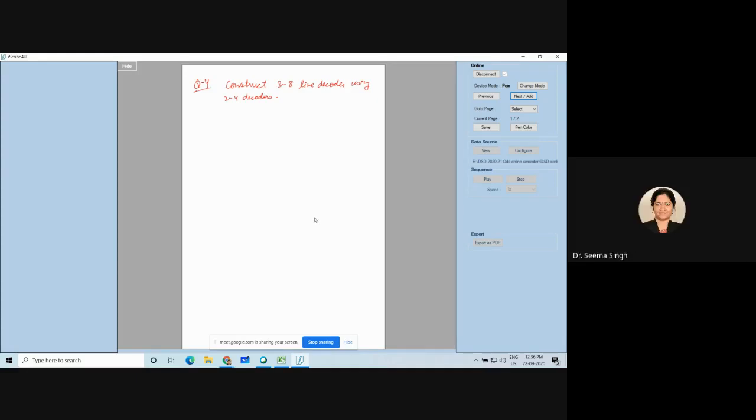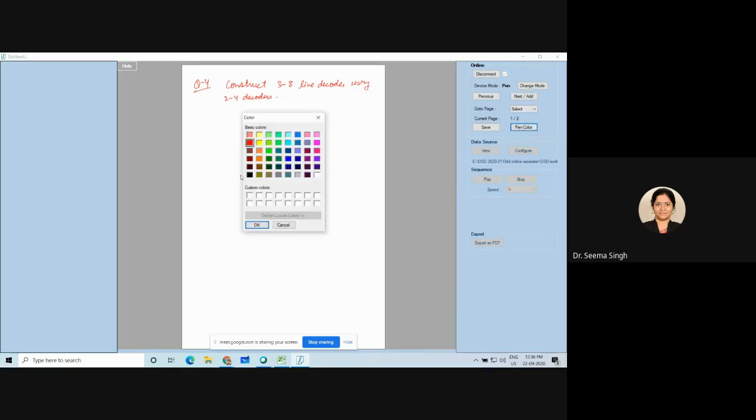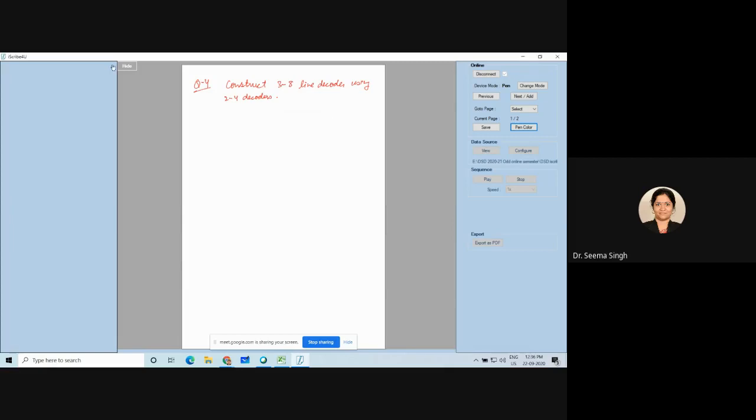You need 2, because you have 8 outputs. One 2:4 decoder will have only 4 outputs, so two 2:4 decoders will have 8 outputs. So that is fine, I need two decoders. Now, I want you to understand that if I have this 2:4 decoder, this is decoder number 1. I have another 2:4 decoder, which is my decoder number 2.